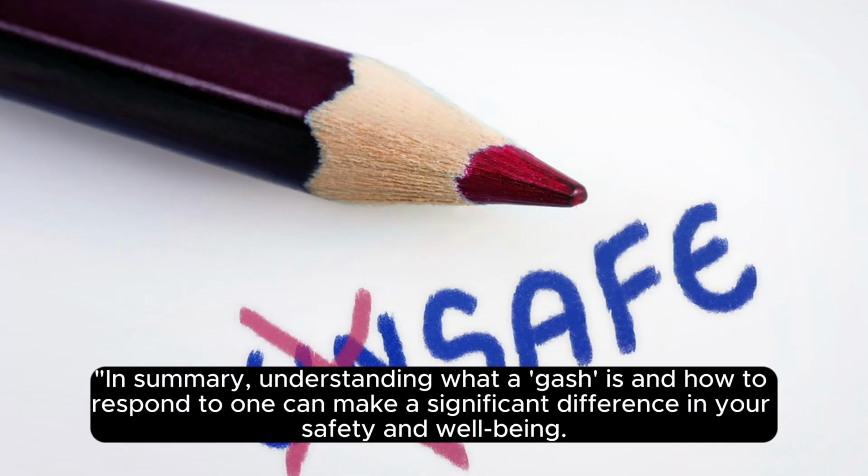Conclusion: in summary, understanding what a gash is and how to respond to one can make a significant difference in